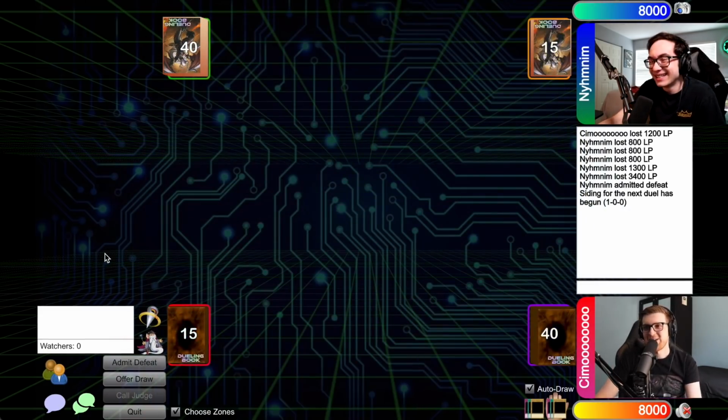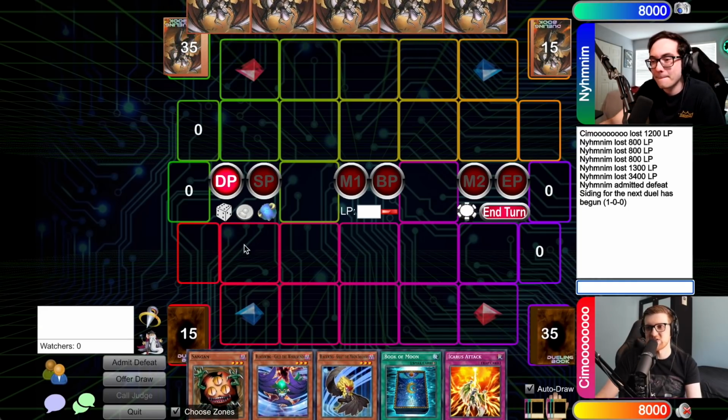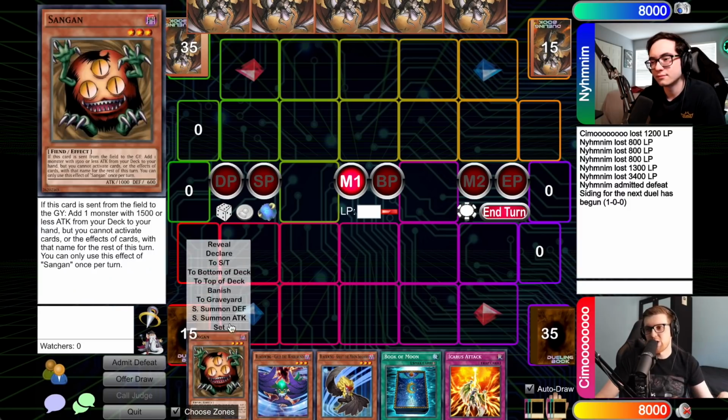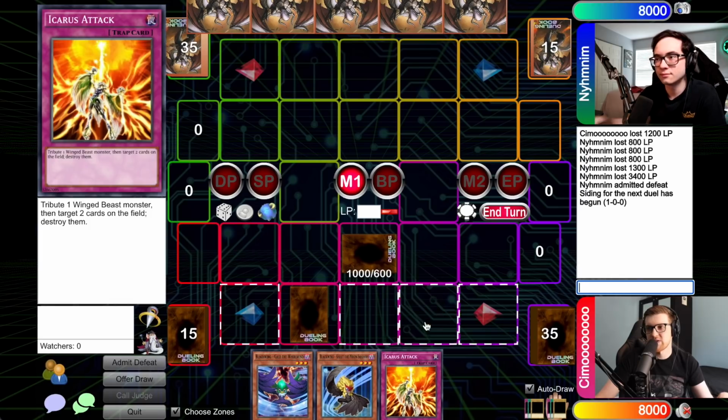Okay. Good luck, duelist. Okay, if it makes you feel any better, this hand seems significantly worse than the last one, but I don't know how true that is. How do I play this? Man, your deck can really pop off. That's what frightens me. All right, I'm going to set a monster, set 2 cards face down, and